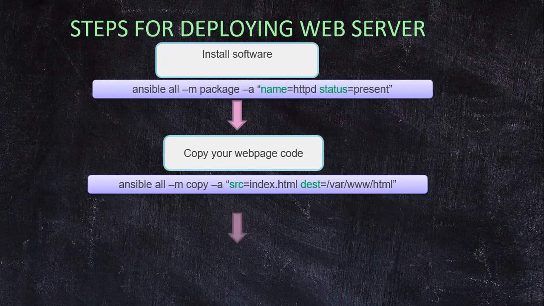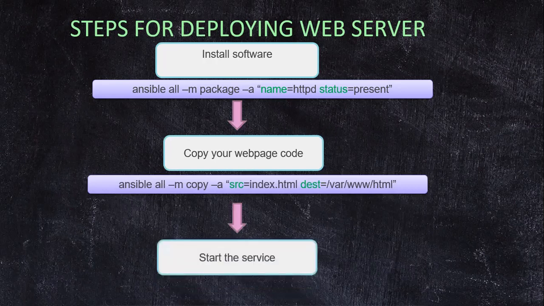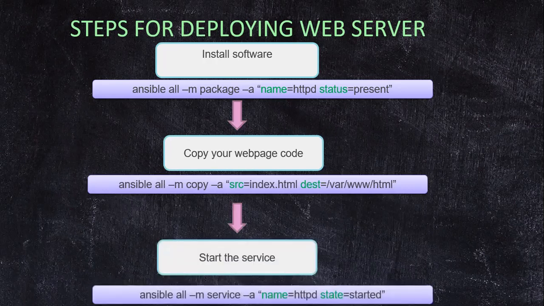Now moving on to starting the service. For this, again, I would build up the third command, which is ansible all. All represents all the hosts in your inventory, and -m, the module, is service. Service is the module, and then come the different parameters as input to this specific module. So name, I'm going to start my httpd service, and what state I want that httpd service to be in. So state should be started.